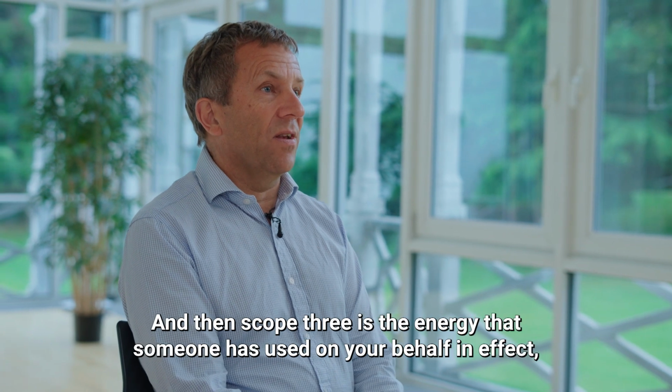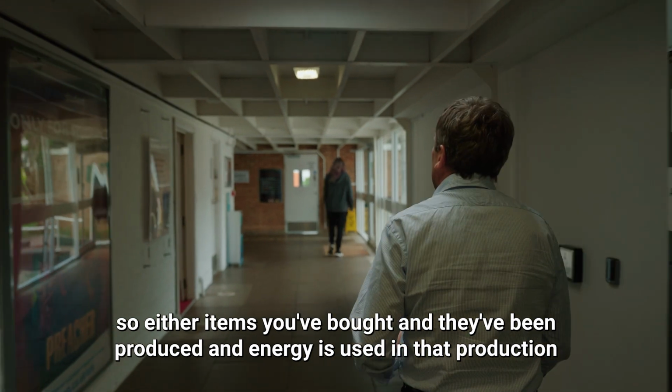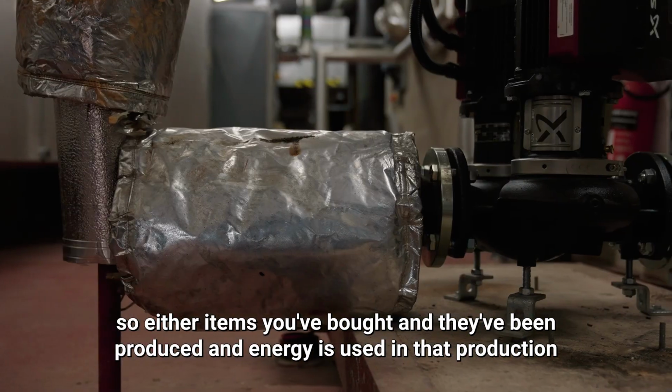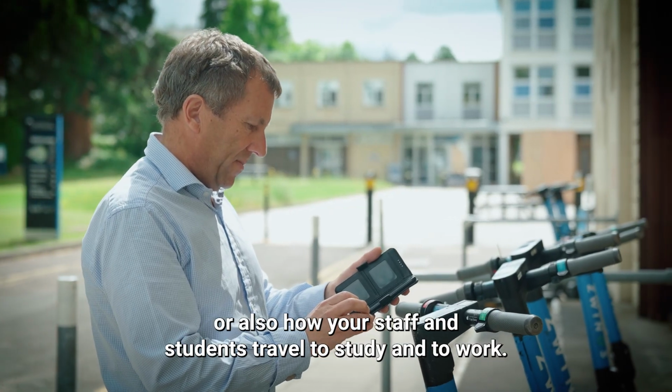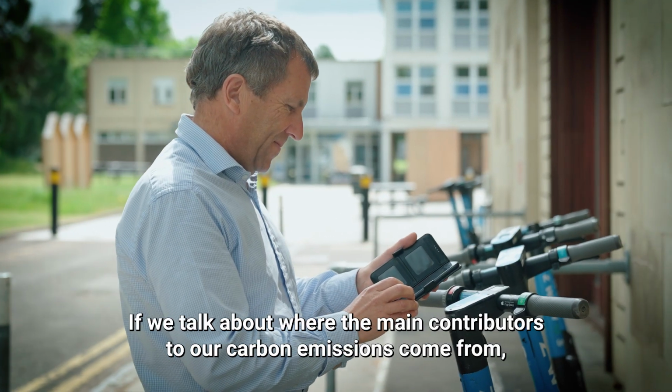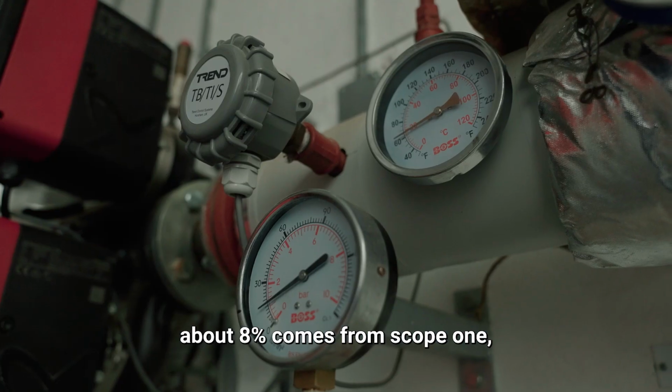And then Scope 3 is the energy that someone's used on your behalf, in effect, so either items you've bought and they've been produced and energy used in that production, or also how your staff and students travel to study and to work. If we talk about where the main contributors to our carbon emissions come from, about 8% comes